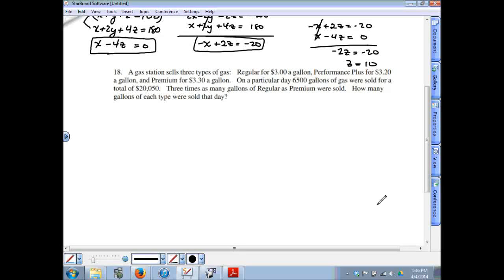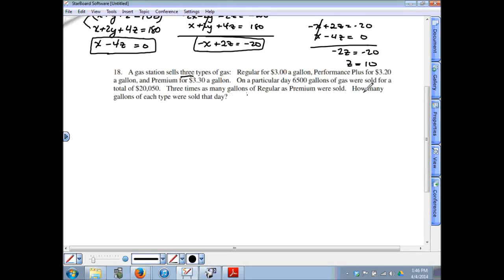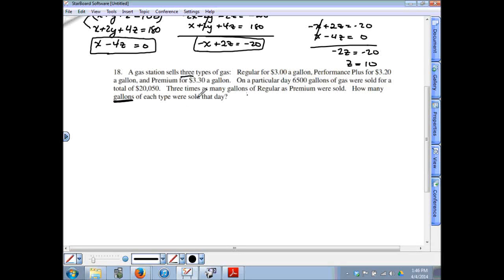Okay, question 18. There's 3 types of gas, and the question is asking how many gallons of each type of gas were sold, specifically regular, performance, and premium. Since there's 3 types and they're asking for the number of gallons for each, we need 3 different variables. So x is the number